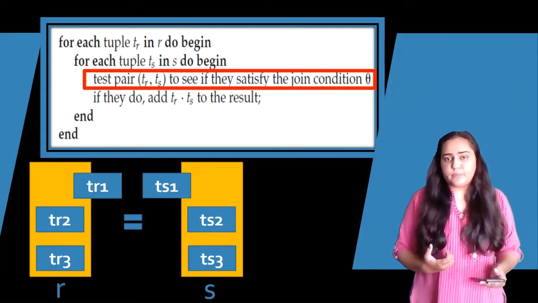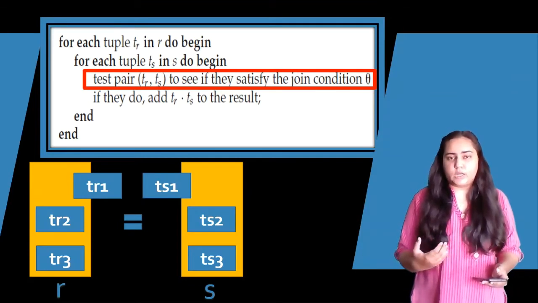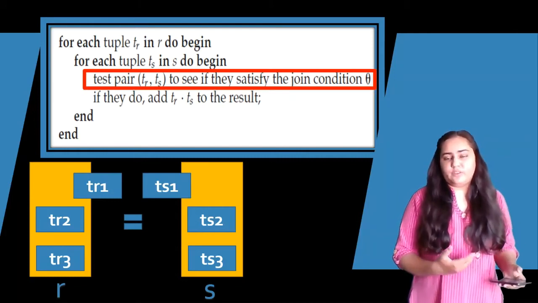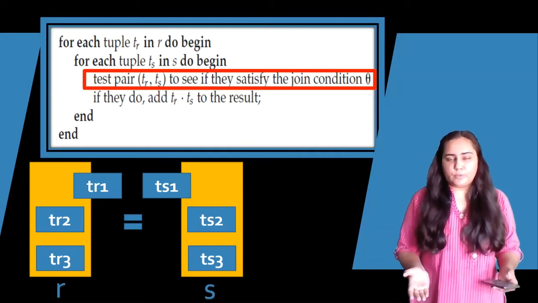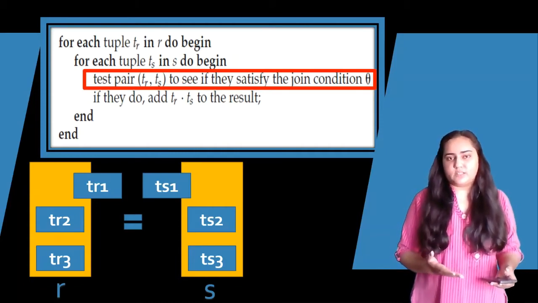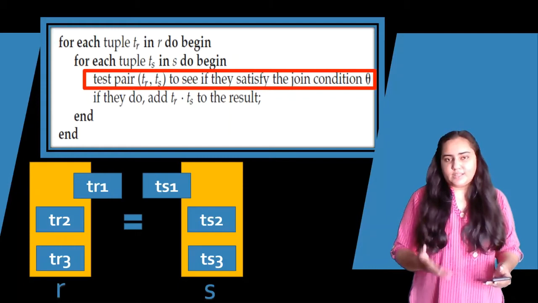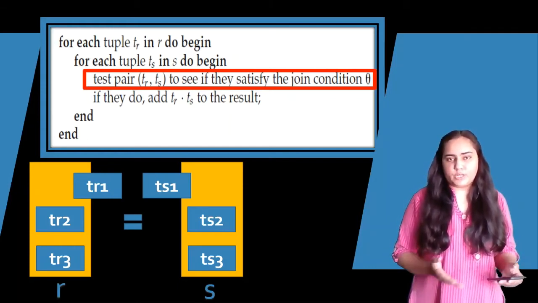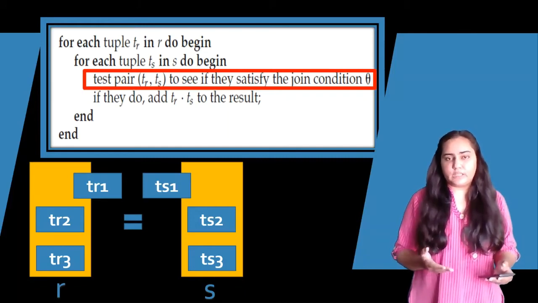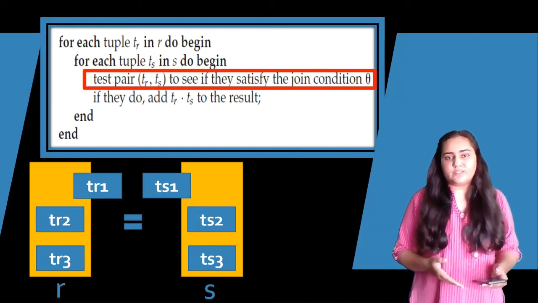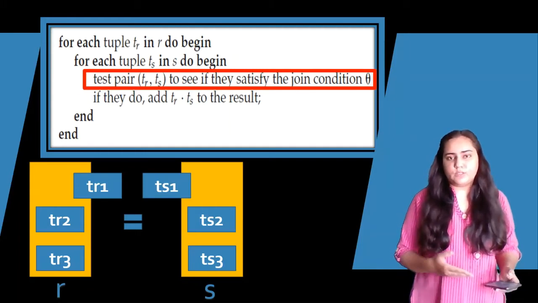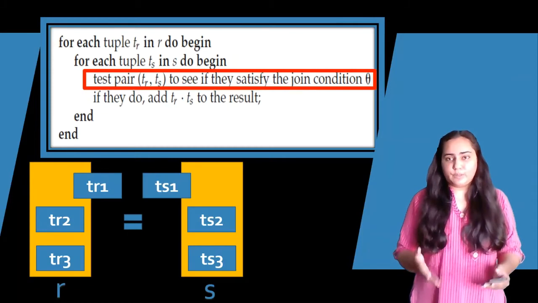But let's just assume that I want to create a condition called equal to. So my condition is simple, where I am trying to match one column of TR with another column of TS. And if they match, then this is the result that I want to keep. Now, let us assume that out of all the three tuples in S, which are TS1, TS2, and TS3, the only one that is matching is TS1. So that means TR1 is equal to TS1. And so I can put this into the result